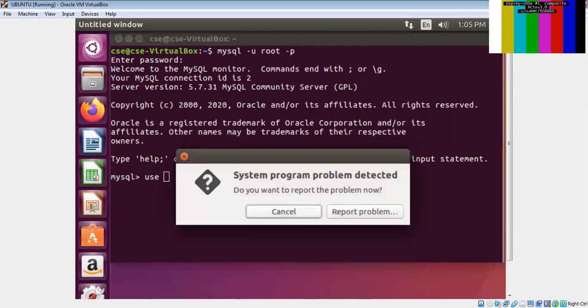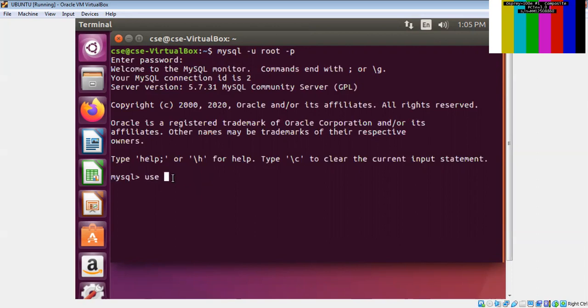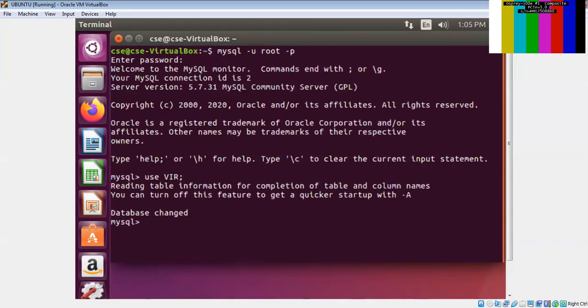vir database. Okay, database is changed. Now how many tables are created inside the database vir?